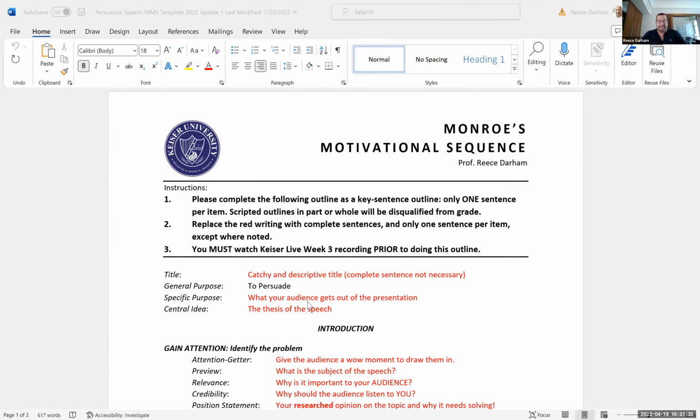So for the specific purpose, it's what you want your audience to get out of it. And if you remember from the informative speech when I went over that, I mentioned if you start with, at the end of my presentation, I want my audience to, that introductory phrase actually forces you into identifying the specific purpose. And your specific purpose is less generalized as a general purpose, but it is not as direct and concrete as a central idea, which would be the second item here, or well, fourth item technically, the thesis of the